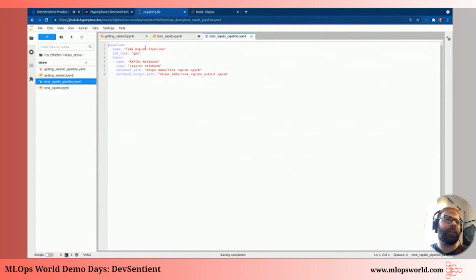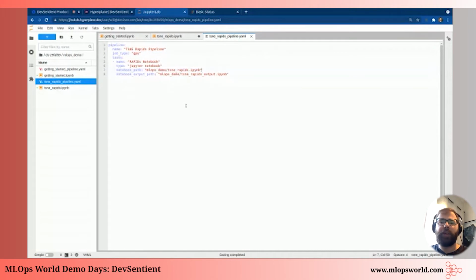So I have a name here for my pipeline. The job type, it's a GPU related job, so it's going to run on that GPU image that we've made. And here's a list of the steps in the pipeline. I just have one step here, which is to run my TSNE Rapids demo.